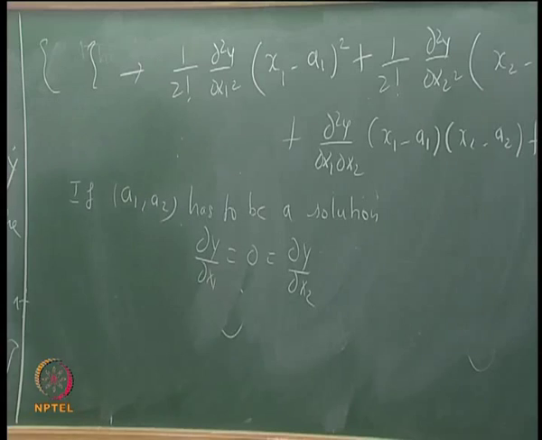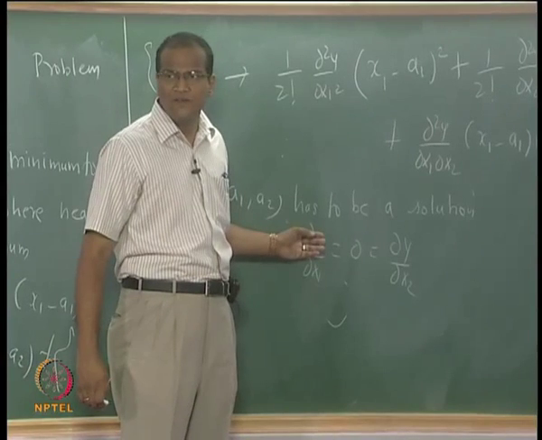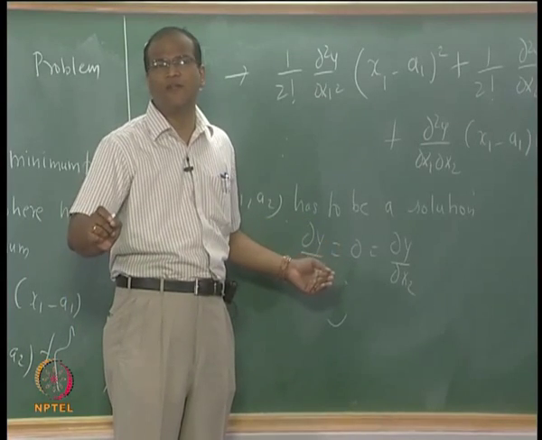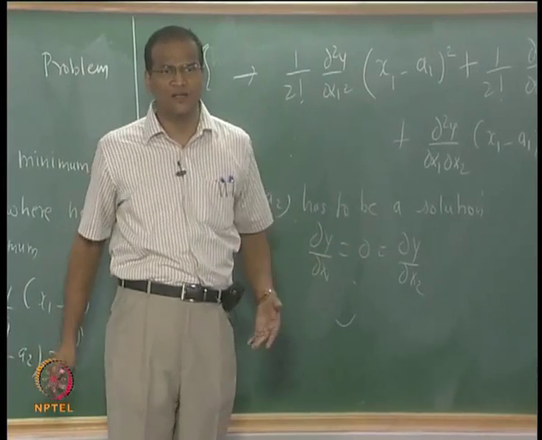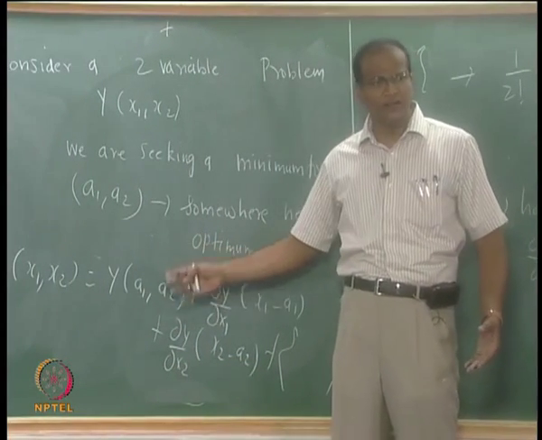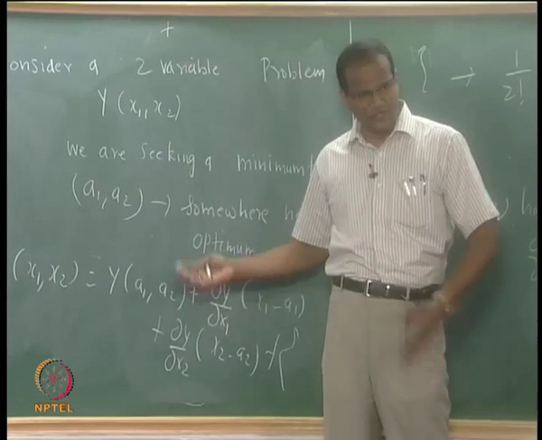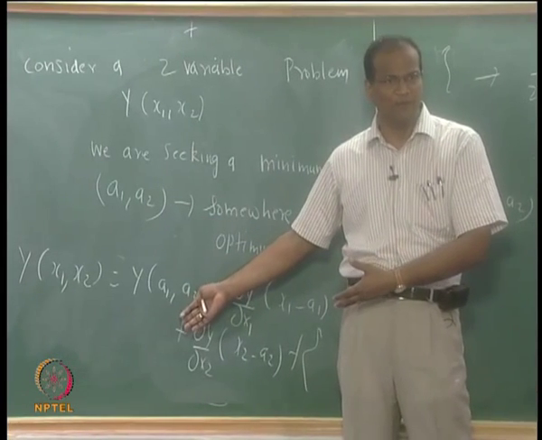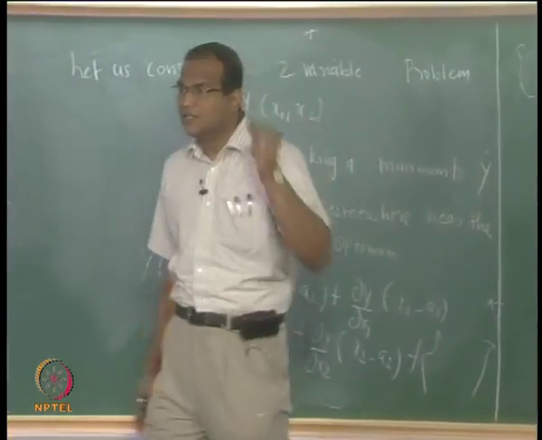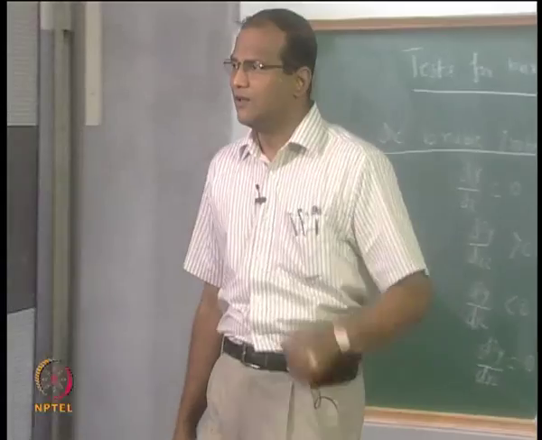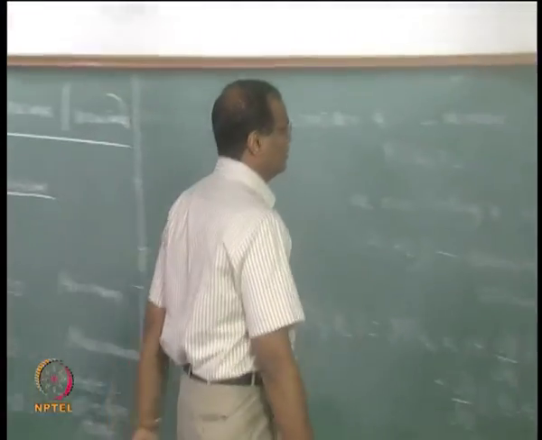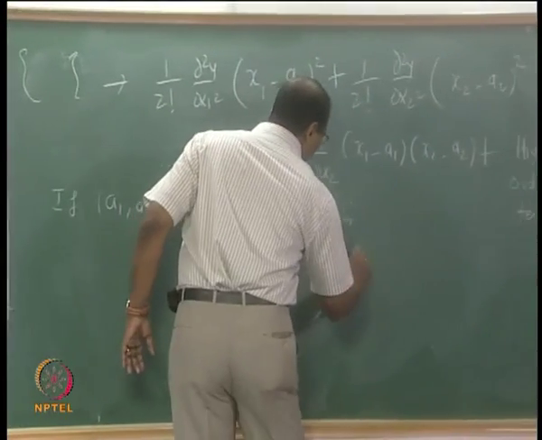So, first order, because otherwise, if dy by dx is a large value, you can simply move the point from A1 A2 to some nearby point and then increase the function. If you increase the function beyond this A1 A2 plus, or you can decrease the function depending on whether you are seeking a maximum or minimum. Are you getting the point? Therefore, A1 A2 will no longer be a solution to the problem. Therefore, first order conditions, the first derivative becoming 0 is a mandatory requirement. Okay, this is the first derivative is stationary.